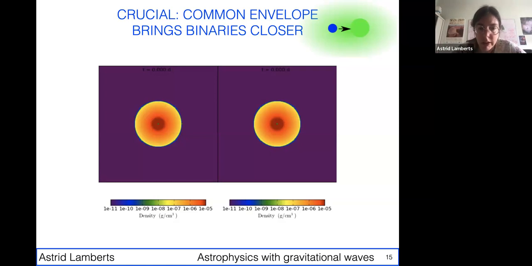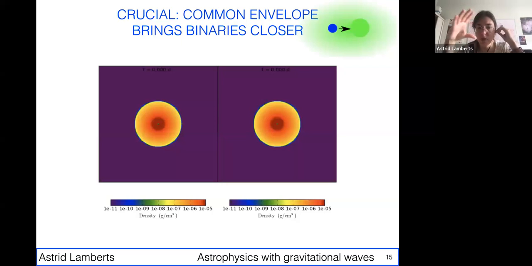So I'm going to show you a little, well, it's not a cartoon, it's actually a movie from hydro simulations. So we're going to look at a common envelope phase of two low mass stars. On the left, we're seeing them from above the plane of the orbit. You see the two green points.